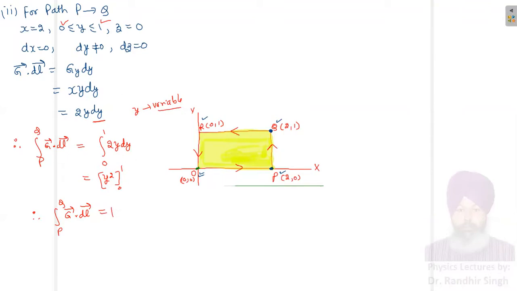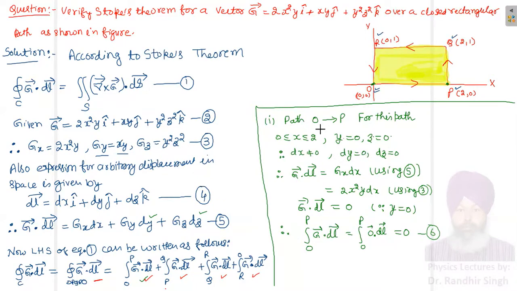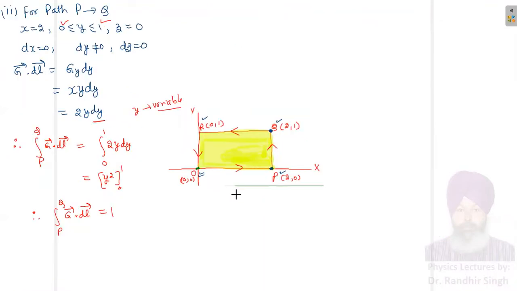So I have now found two integrations. This is the first integration in equation 6, this is the second integration. Now we have found the second part. We will now calculate the third part. So let us say this is equation number 7. Wait for a while, let the new page load.